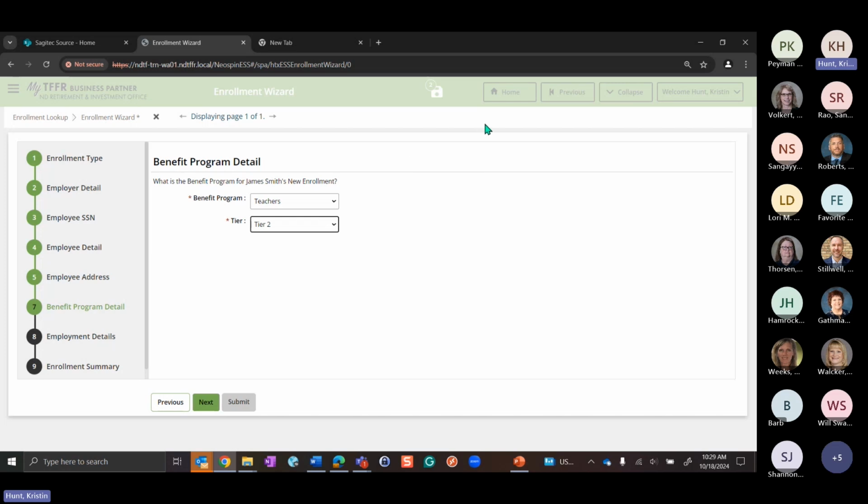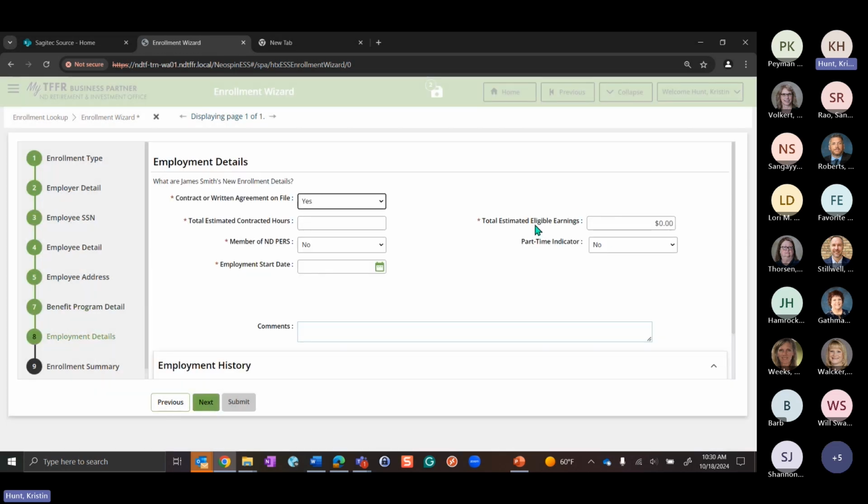So that's where I'll just select it. This might also just be already pre-populated for you guys, but I can just go in here and select teachers and just tier 2. It's pretty simple because it won't allow me to do anything else. But I do also think with our system, if you were to have another tier available, this just allows you the option of selecting more than one. Okay, so with that, I'm just going to go forward and click the next button.